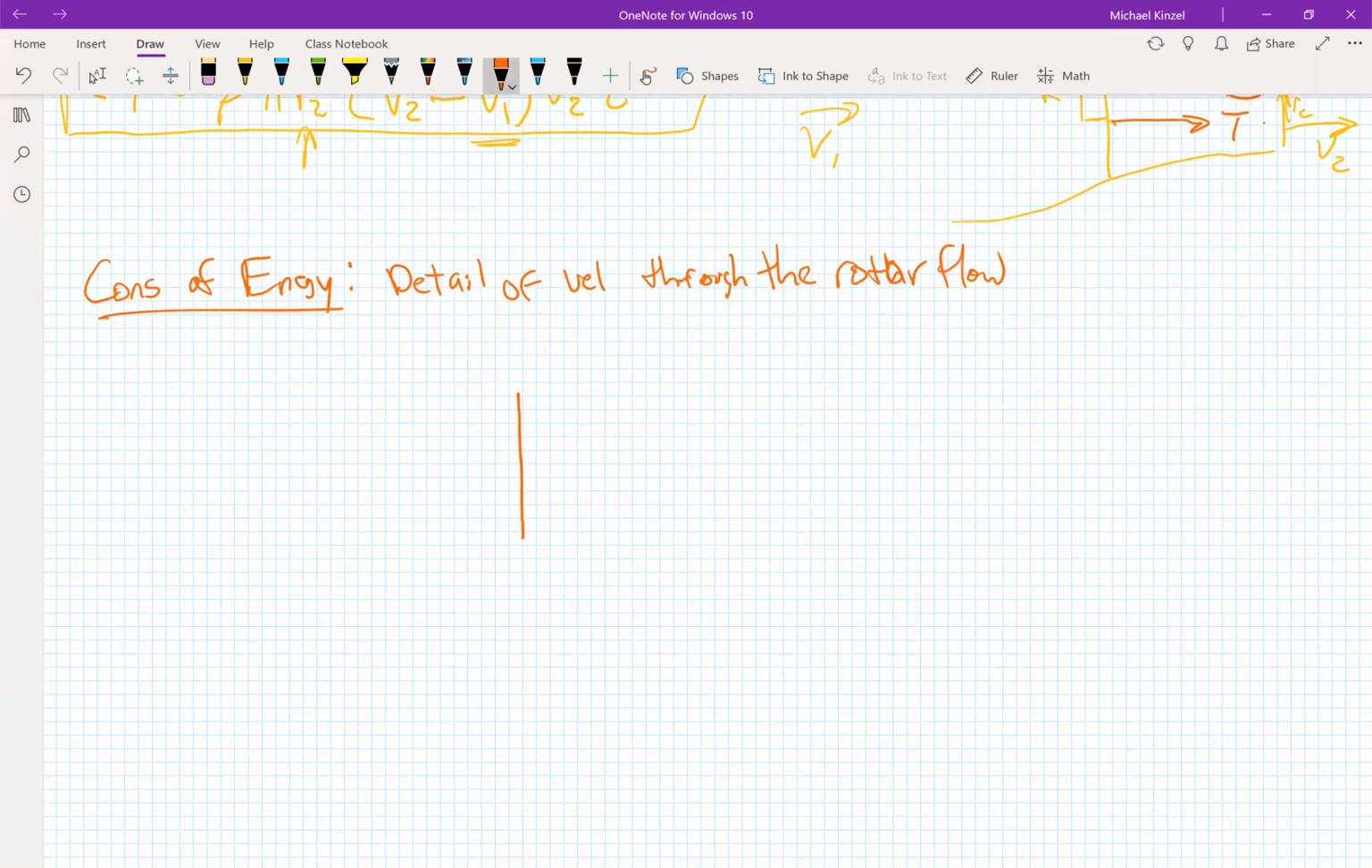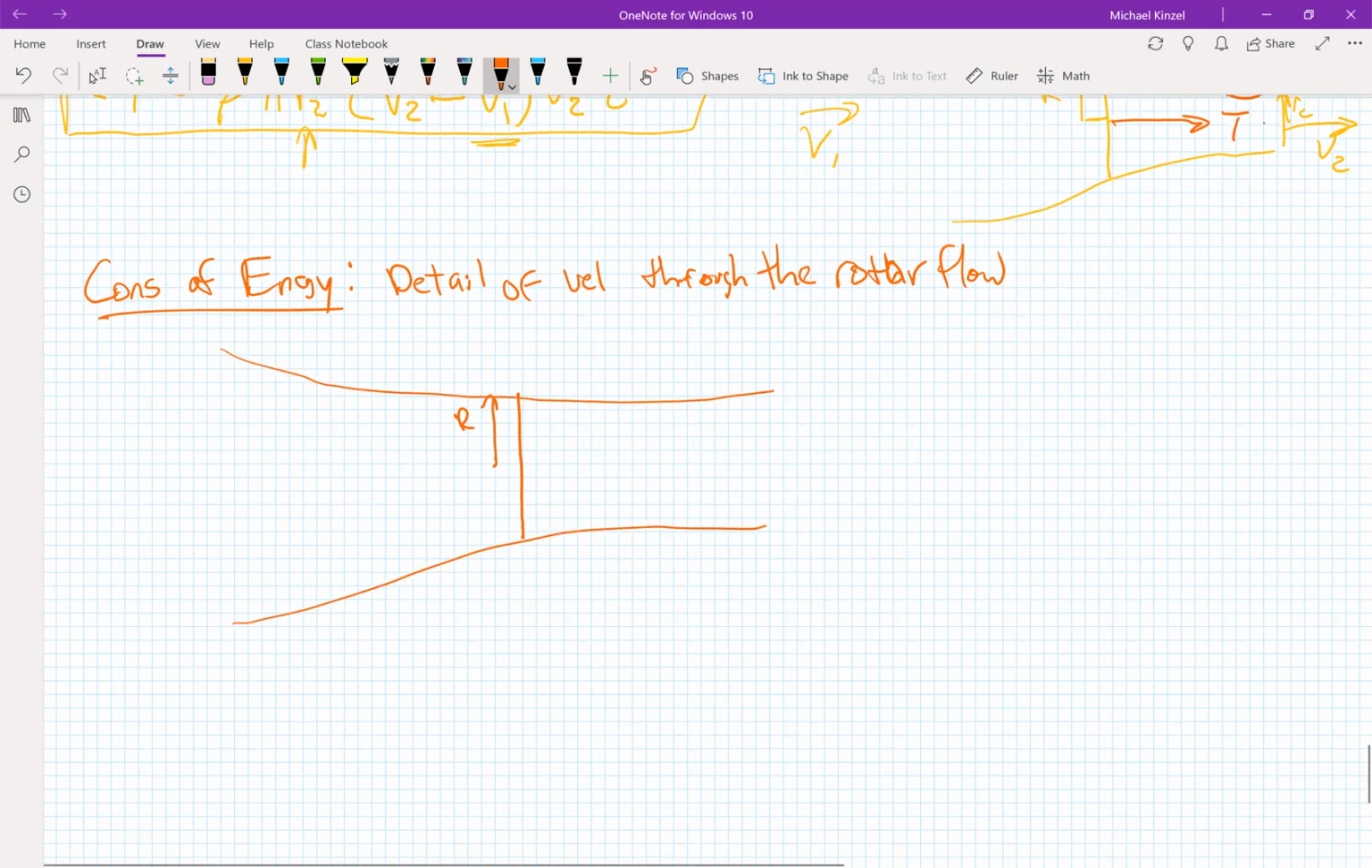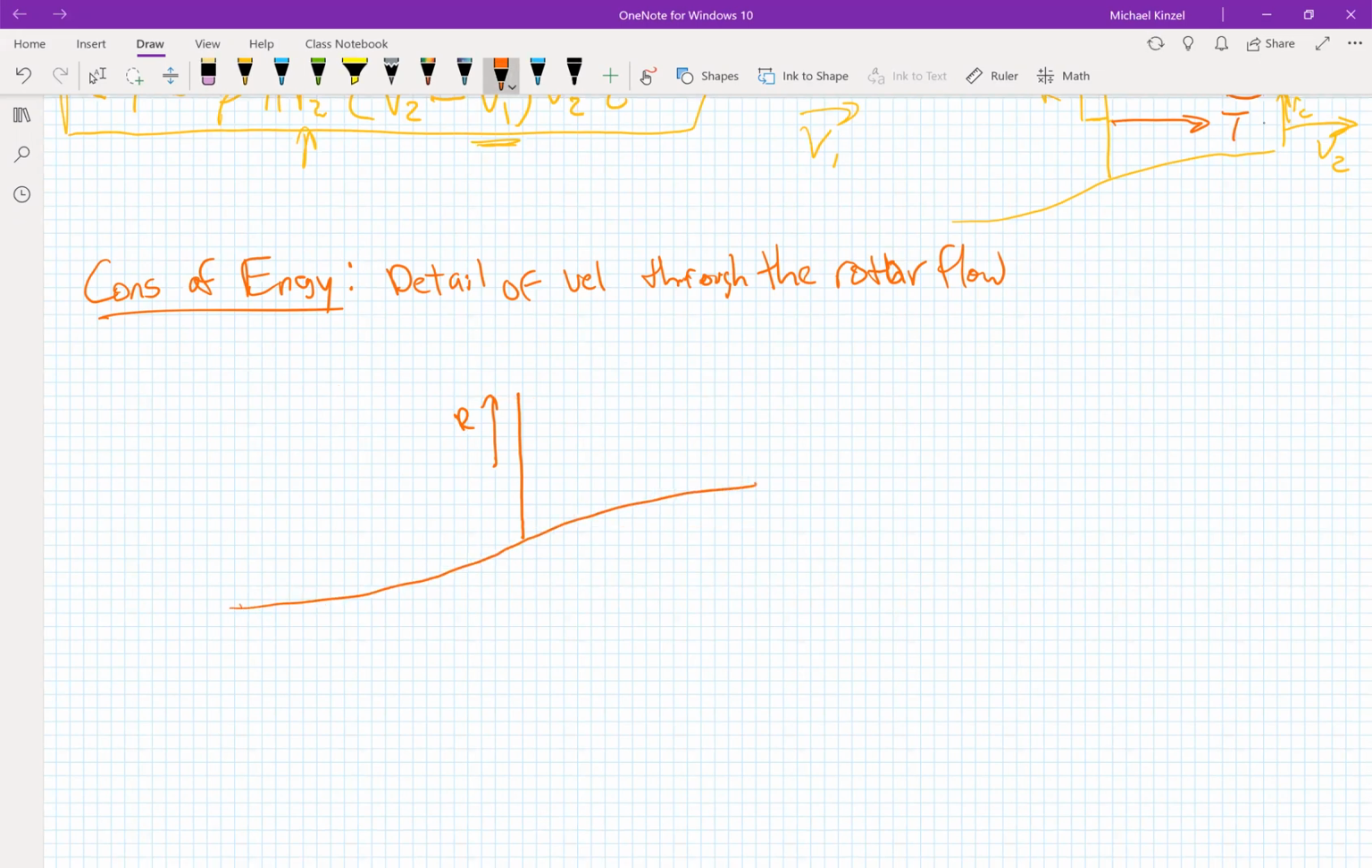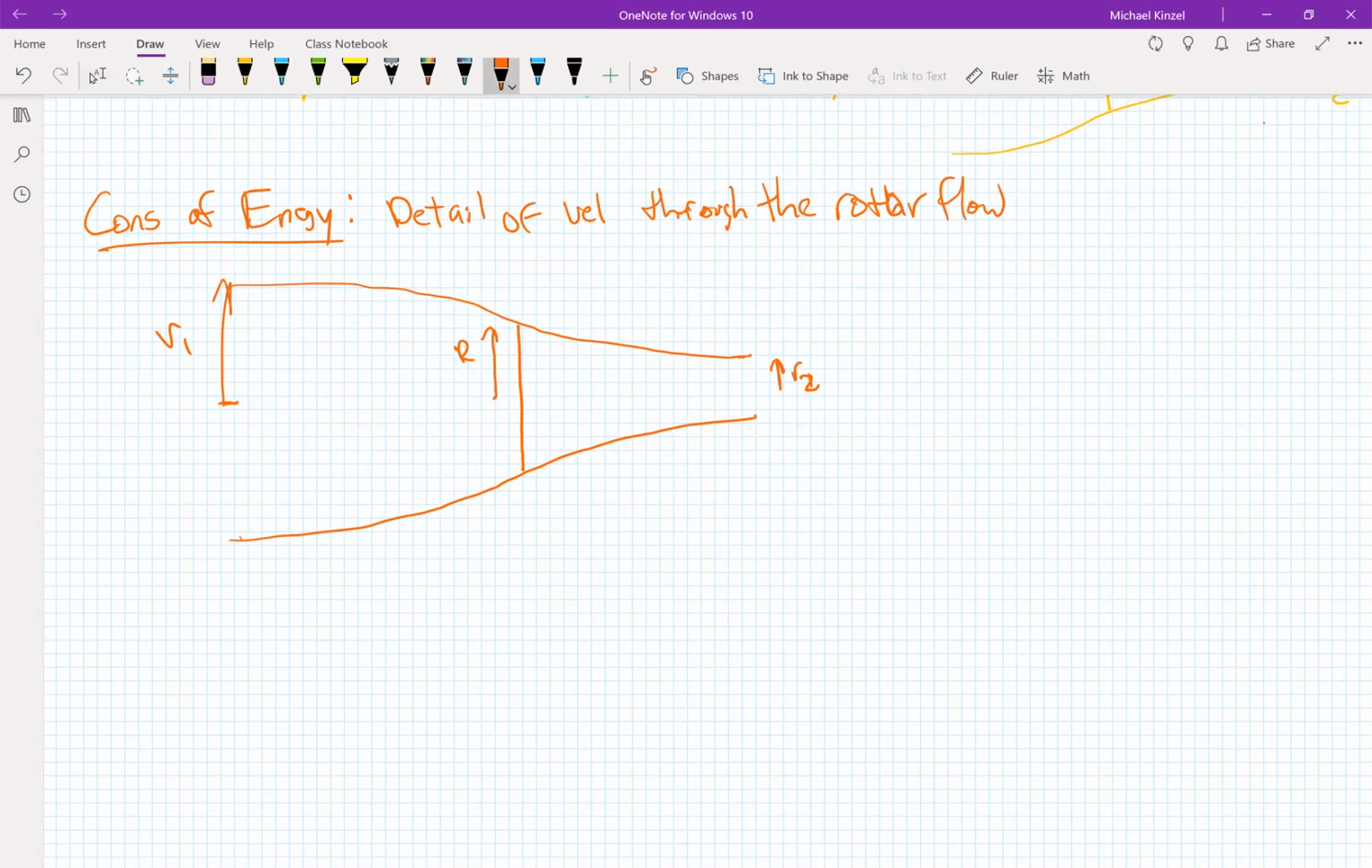So this is our rotor with a velocity r. Then we have this, I'm not drawing this all that well. Then we have this rotor wake, where this has a velocity of r2, and we'll just call this r1. If we evaluate the energy through the system using this